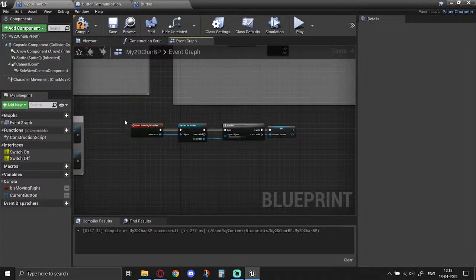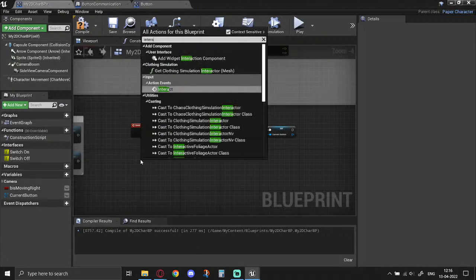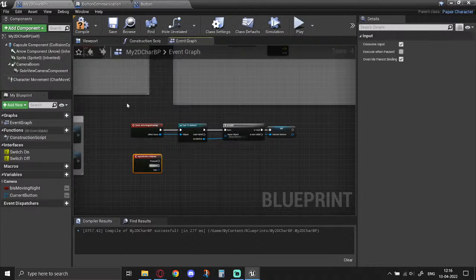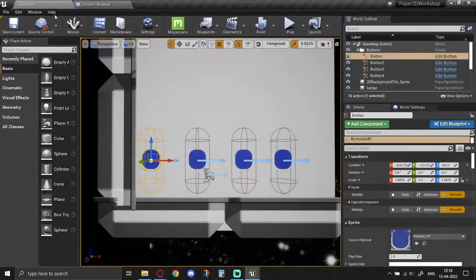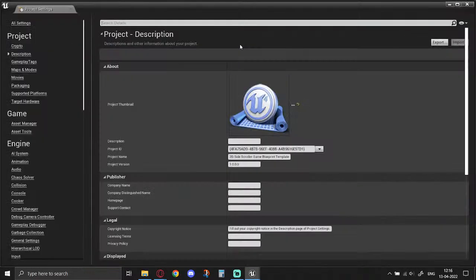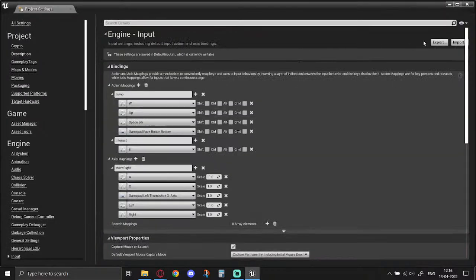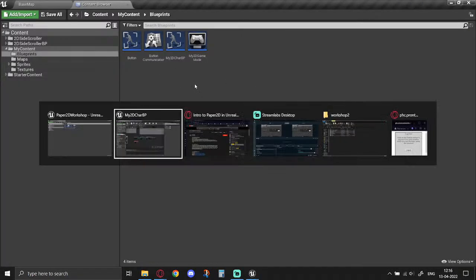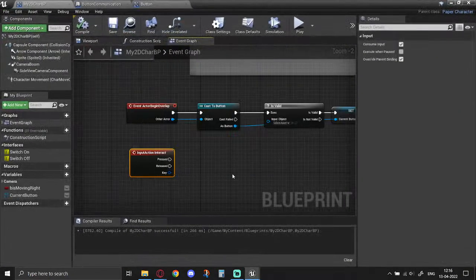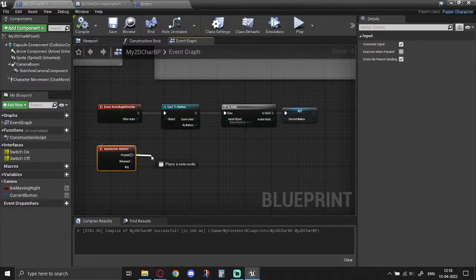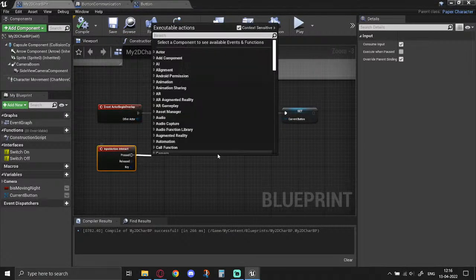Okay. And then what we do is interact, which is what we added earlier. In case that didn't show up on screen properly, I'm going to show it again. So you go up to the main screen, go to project settings, and input. You should see this in action mappings. Add a new action mapping called interact and set this to the keyboard key. So when the E key is pressed, we want to